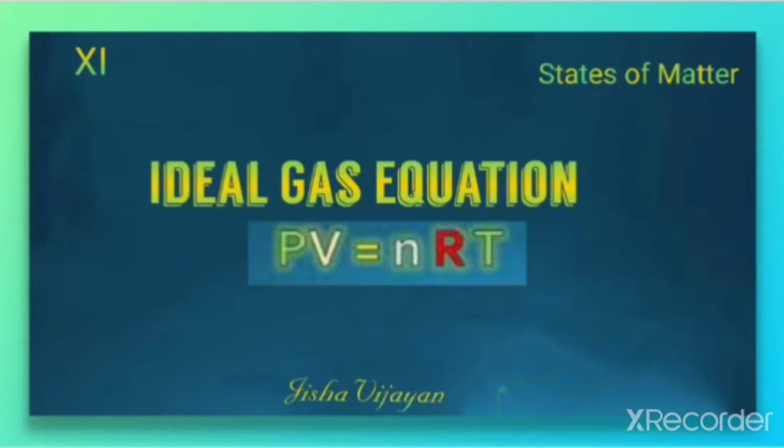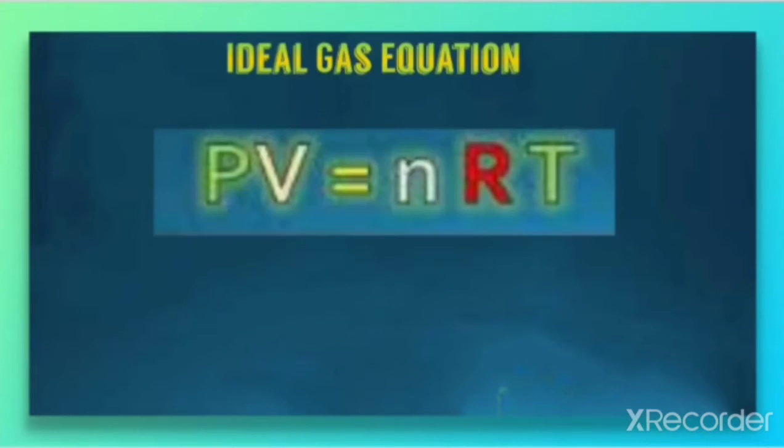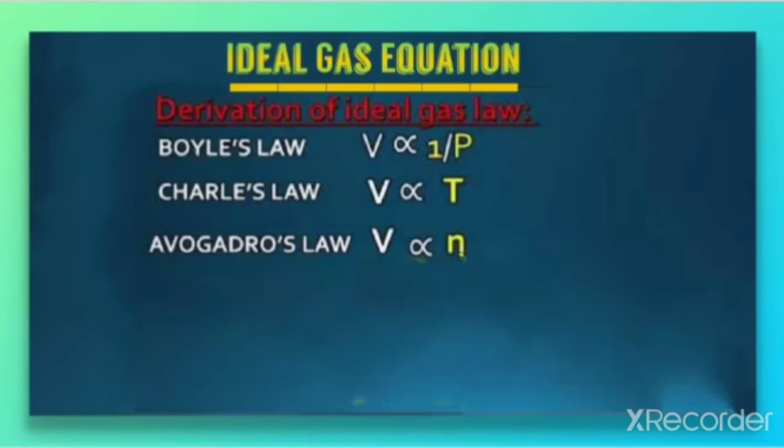Hello students, let us discuss the ideal gas equation, that is PV = nRT, in this video. The equation is PV = nRT, where P is the pressure, V is the volume, n is the number of moles, R is the constant and T is the temperature. This equation we have to derive, so we will be doing the derivation for this equation,